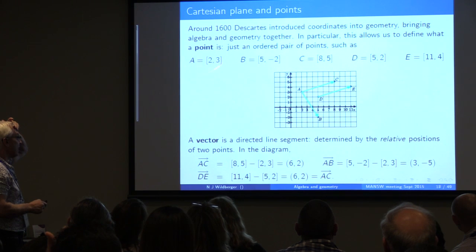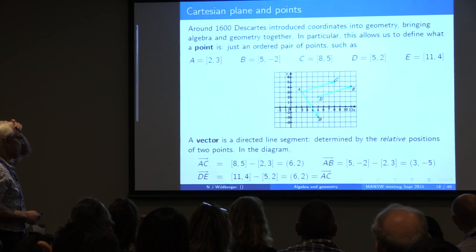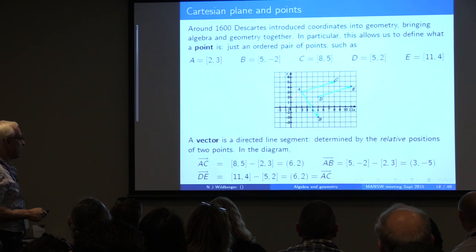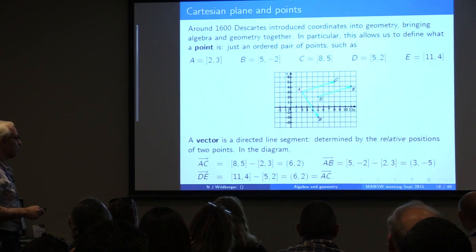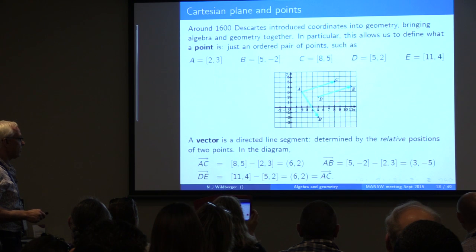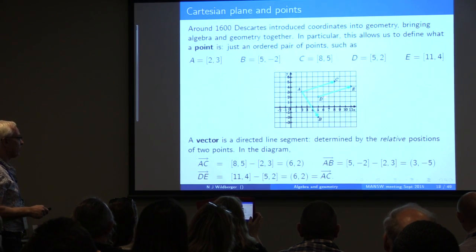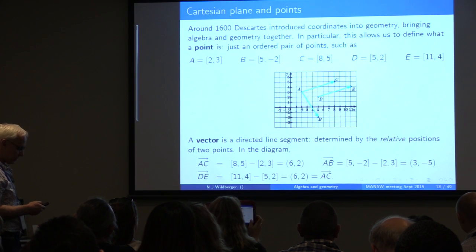So we have very precise ways of specifying points. And we have very precise ways of specifying vectors. So a vector, for example, this vector from A to C, is a directed line segment obtained by taking the differences between the points, these endpoints. So it's the vector (6, 2), meaning we're going over 6 and up 2. And so we make these nice computations. So we have vectors and points, and this vector is the same as that vector.